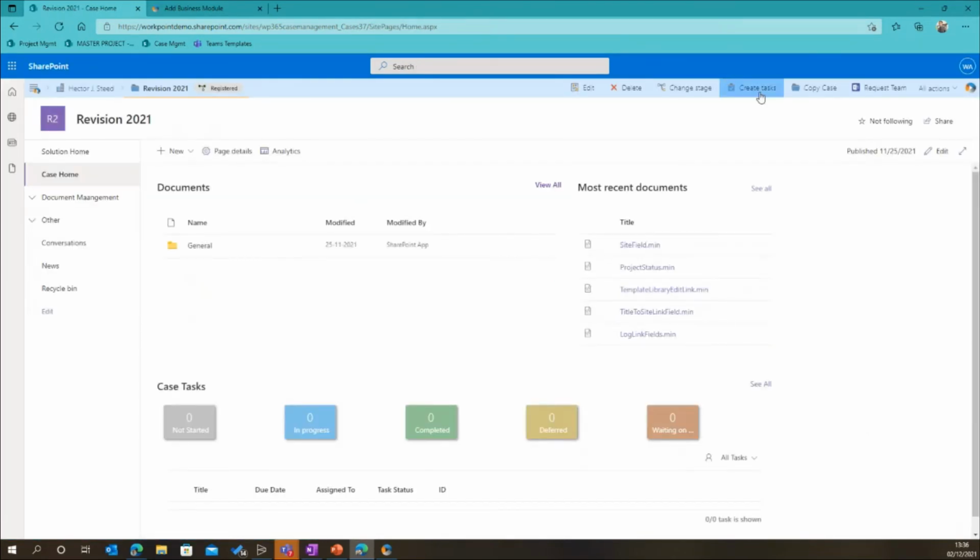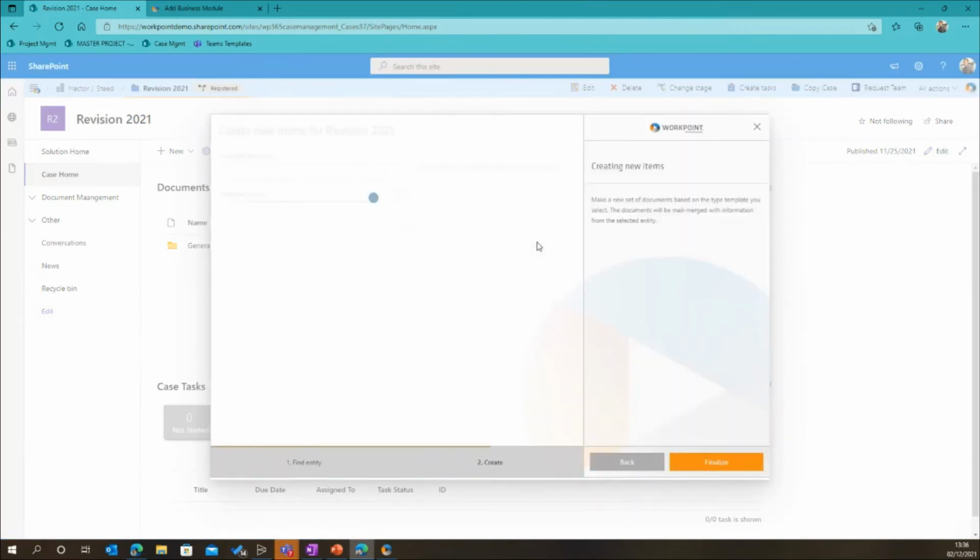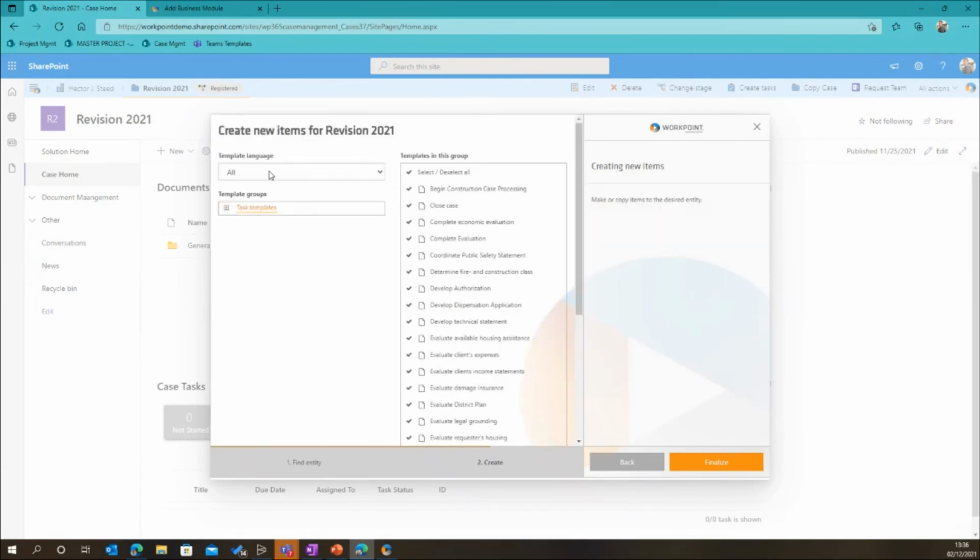And up here I have a button, but it doesn't have to be a button. It could be triggered by other events. But in this case, I want it to be manual. I want to create tasks, events, or trigger. So here again, I have a very similar interface to creating a document template, but this time I'm actually creating